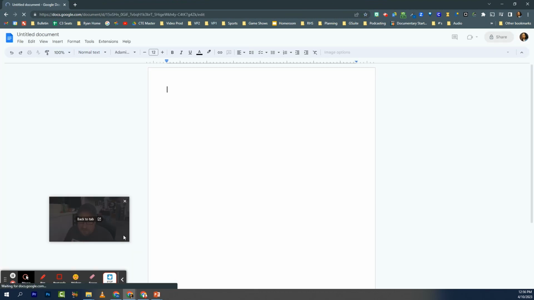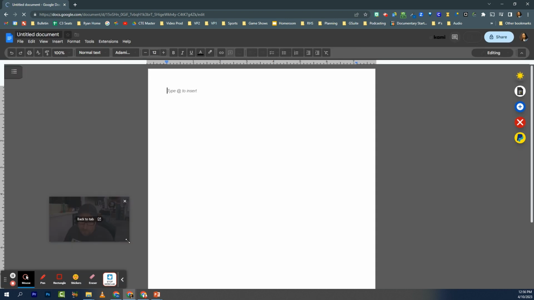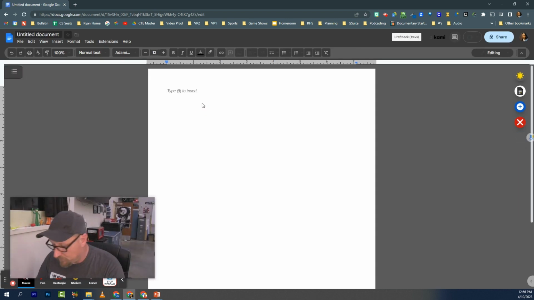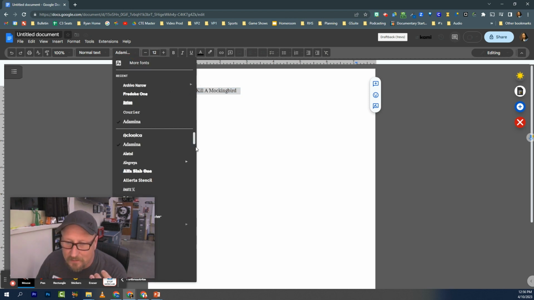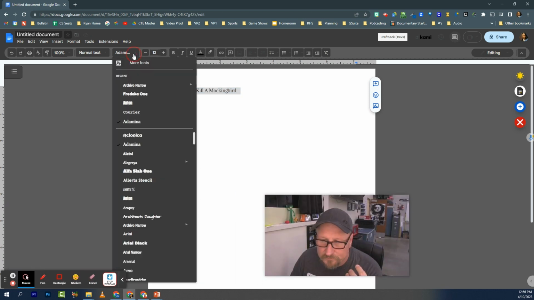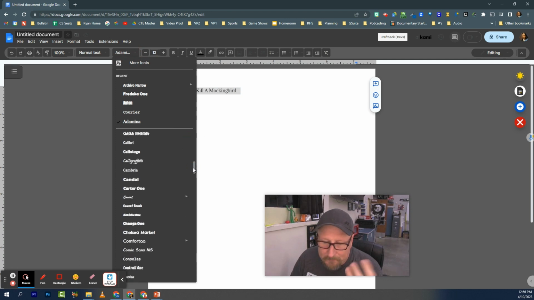In the Google Doc, most of us are pretty familiar with this. I want to write a lesson on To Kill a Mockingbird, let's say. You go in, highlight your text, and I can go to my fonts to change them, and I can see the list of fonts that are there, like this. Google's different from how fonts have always worked in the past, in that